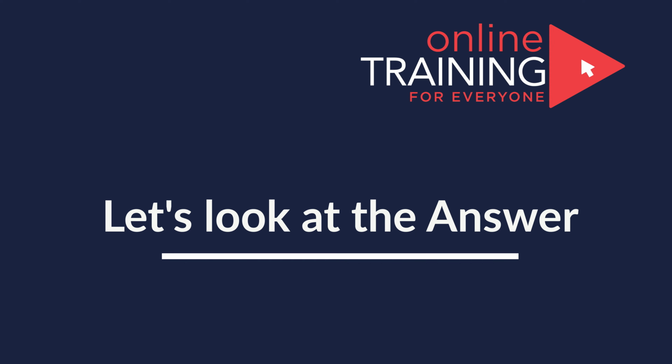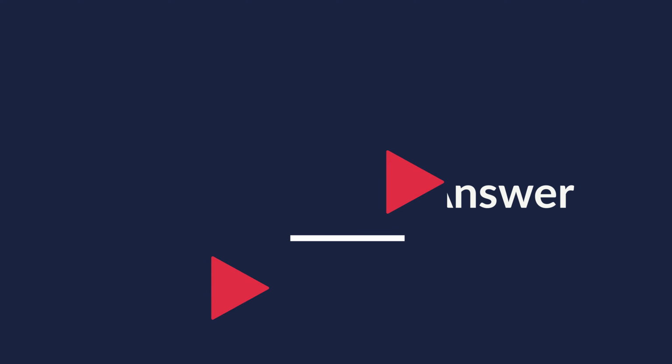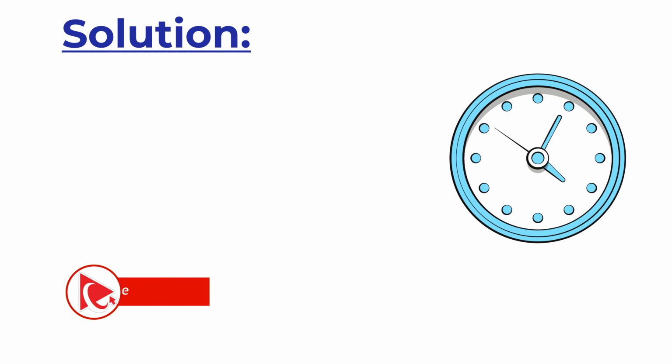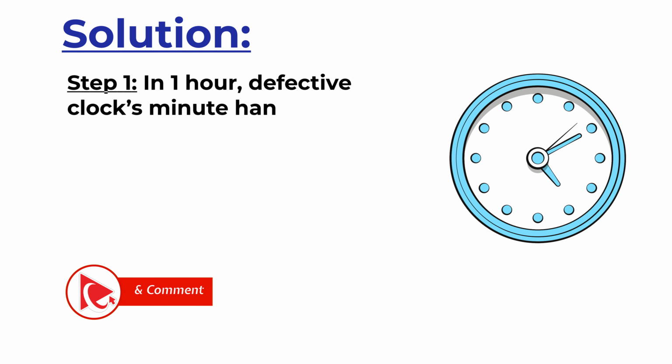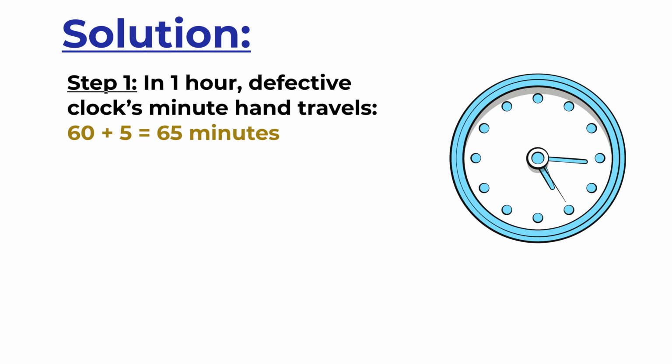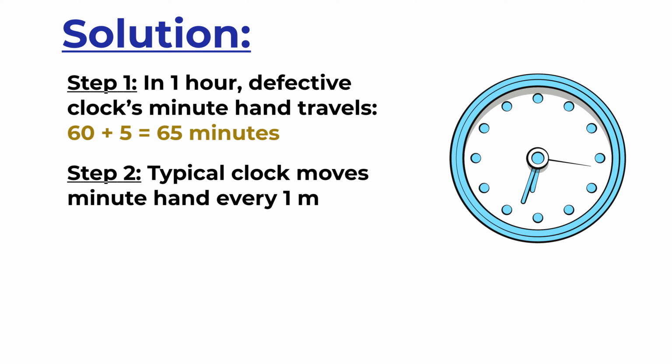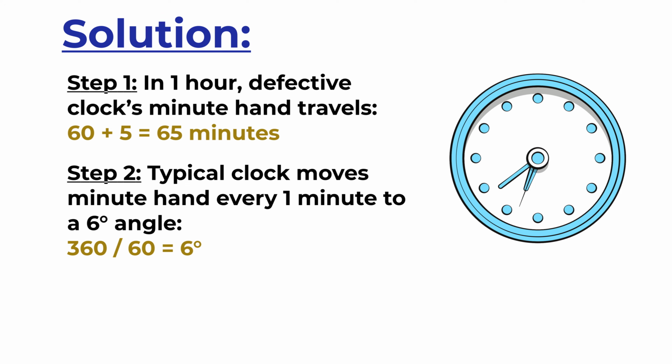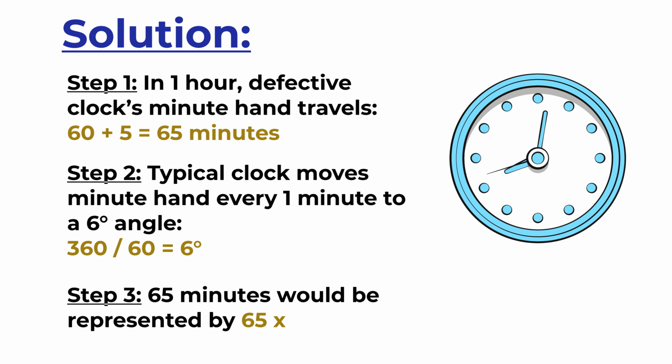To solve this challenge, we need to emphasize the fact that the defective clock gains 5 minutes every hour, which means that in 1 hour, the defective clock's minute hand travels 65 minutes, which is calculated as 60 minutes for 1 hour plus 5 extra minutes. A typical clock moves a minute hand every 1 minute, and it moves it a 6-degree angle, which is calculated as 360 degrees divided by 60 minutes, which equals 6 degrees. Which means that the 65-minute angle would be represented by 65 multiplied by 6, which would be equal to a 390-degree